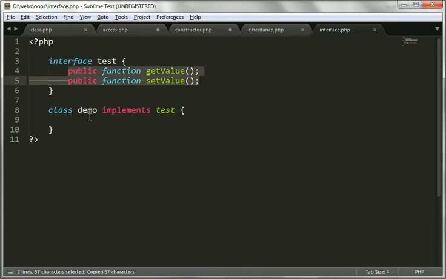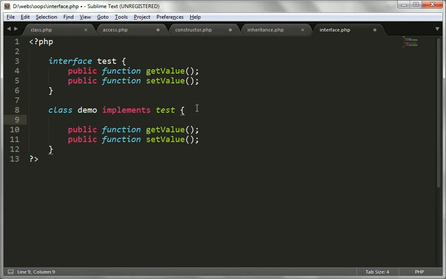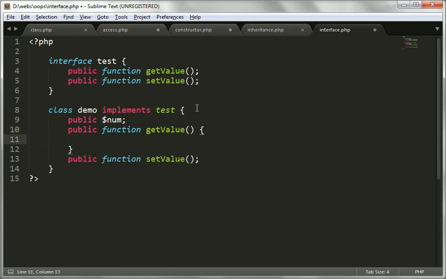So here I'm just going to write the body. I'm going to declare one public variable, $num, or anything you want, and here opening and closing.